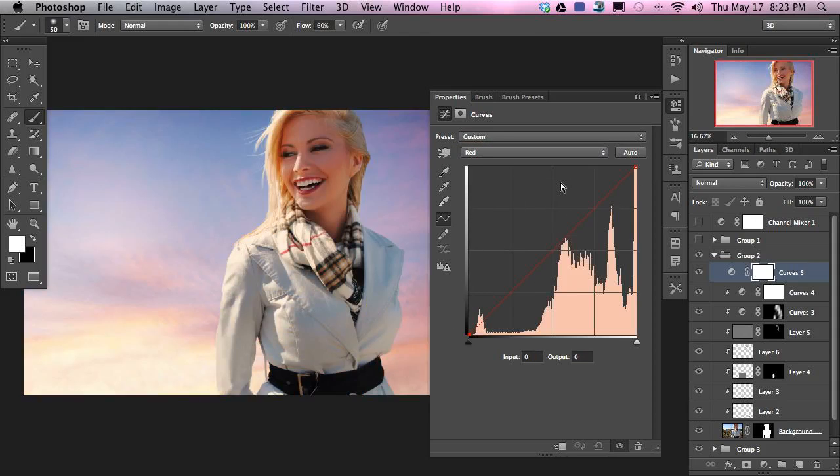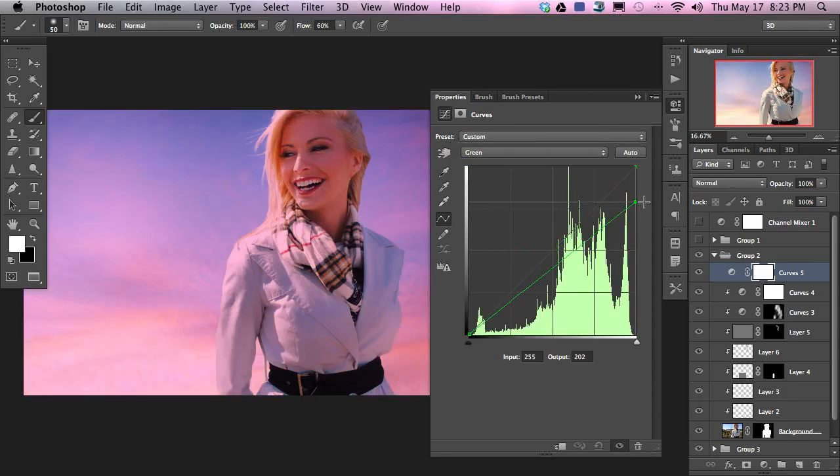Now with the colors, it does the same thing, but with color. So red and cyan are the opposites, right? So if you take your cyans and you start dropping this down, it brings more cyans into your highlights, because this is the highlight. If you take this and bring it up, it's going to bring more red into your shadows. Now the opposite is going to start clipping, and you're going to get more reds in your highlights, and here you're going to get more cyans in your shadows. Very cool. And it works the same way with all of them. Green, more magenta, more green. Okay, I hope that helped out, guys, because I know that can be pretty confusing, but